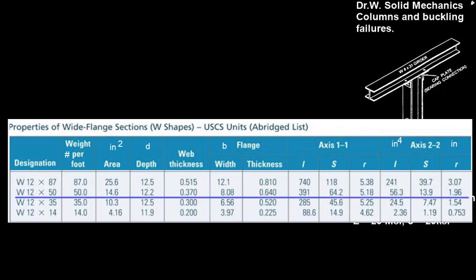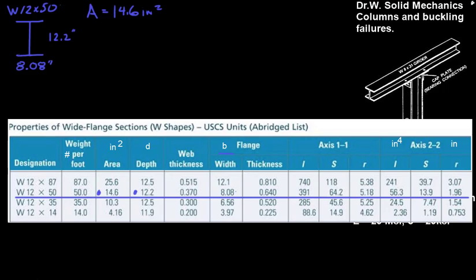So for our data, we have a W12 by 50. So it has a depth of 12.2 inches, and it has a base of 8.08 inches. And we're given the area here as 14.6